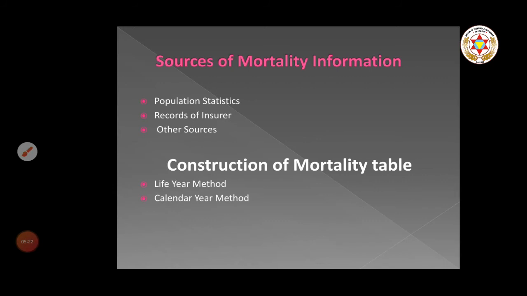A large number of persons at an attained age should be observed carefully, and the number of deaths should be recorded until all of them are dead. The number of deaths in a year is deducted from the living at the beginning, and we get the mortality table. It means that the life year method is just